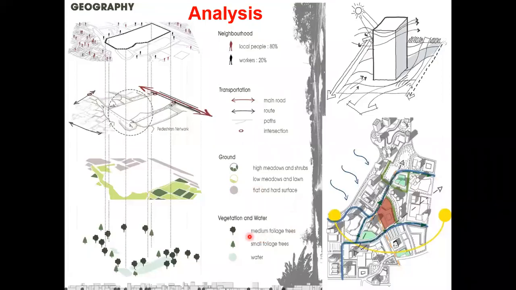Hence, depending upon the quality of the soil of the site. Then how many foliage trees are there? Small trees are there. Is there any water resource near the building or within the site or within the plot? Or number of mature trees? We preferably do not cut mature trees, but small trees or small foliage trees will be cut down for